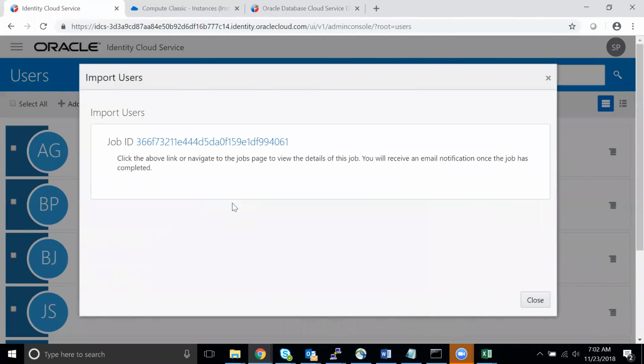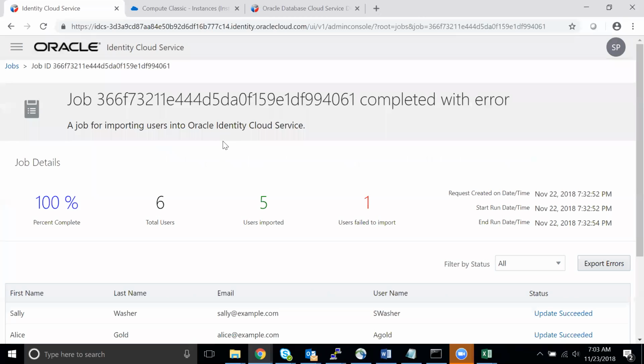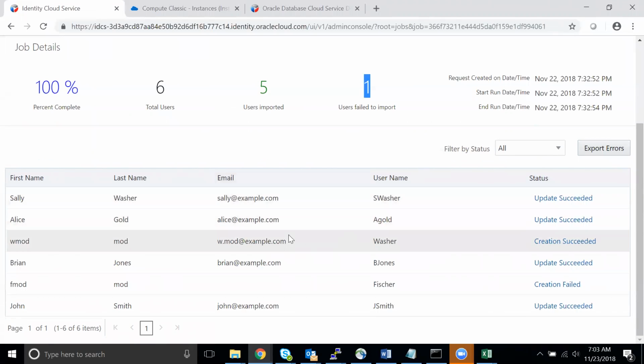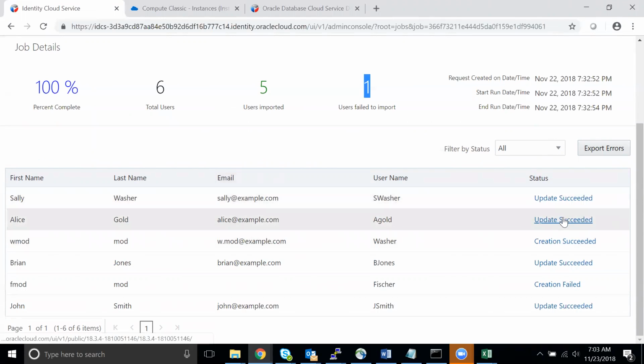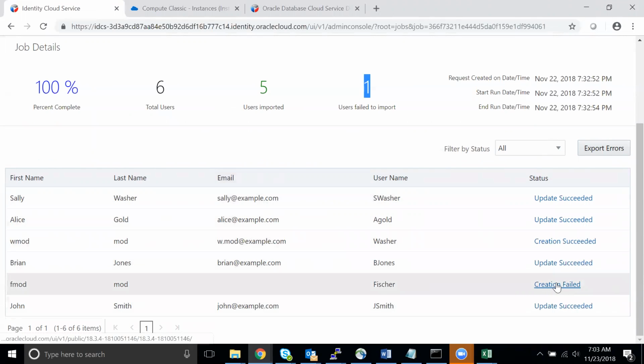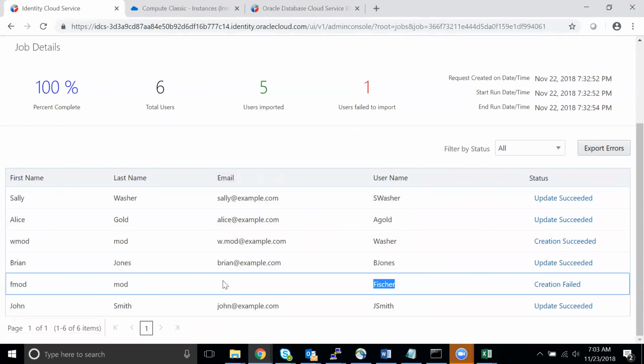The result is out on the job. 5 users imported, users failed to import. So see what it is telling: update succeeded, creation succeeded, update succeeded, creation failed. So email is a mandatory field. As I told you, if you have either of these fields missing,